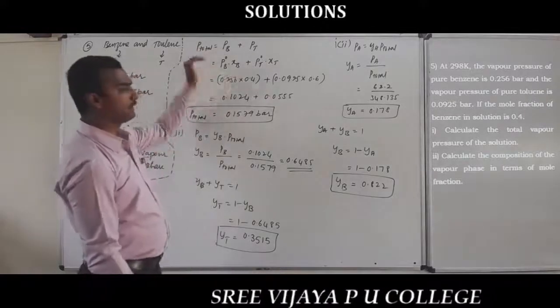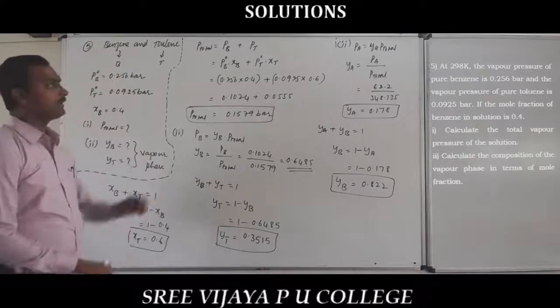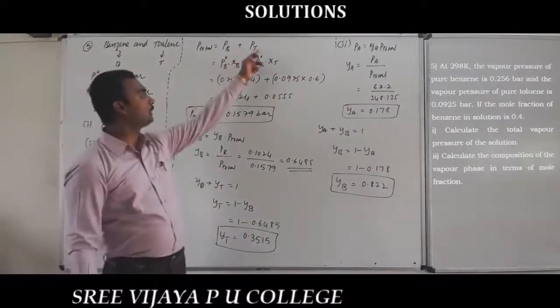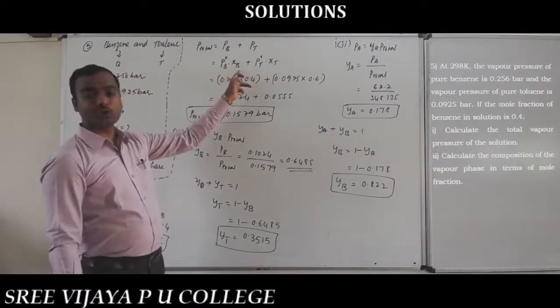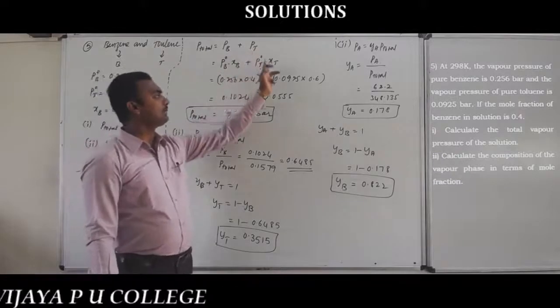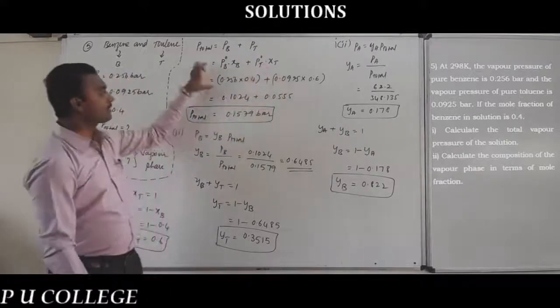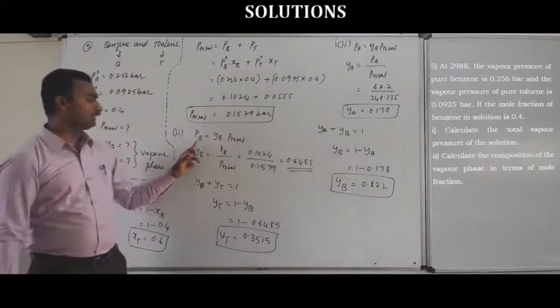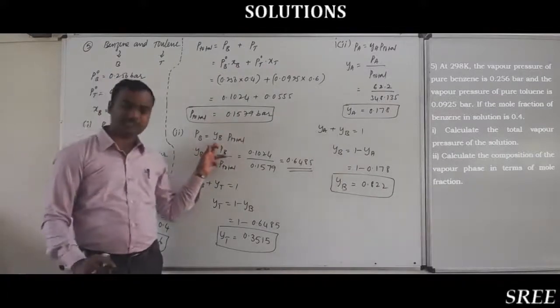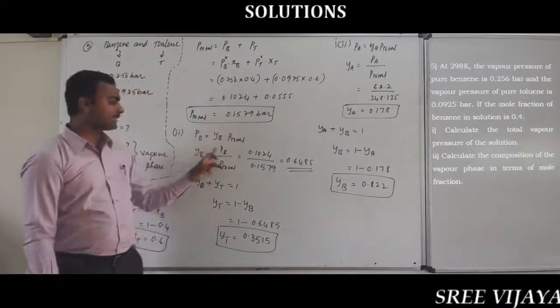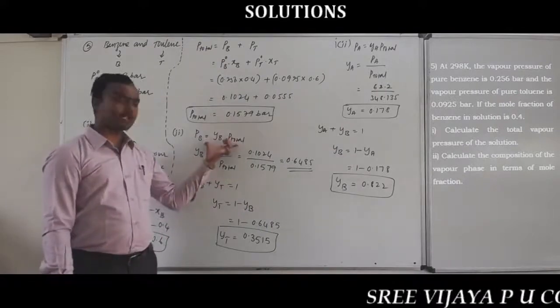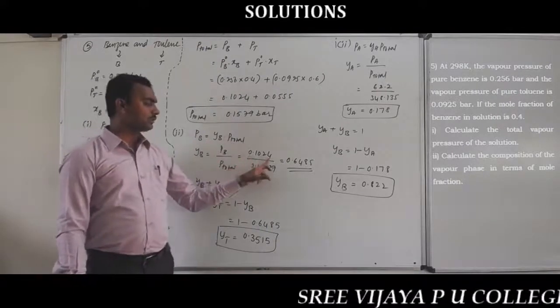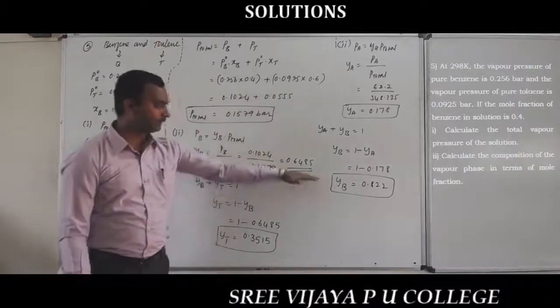So apply the formula P total is equal to PB plus PT. There are two components, benzene and toluene. PB is equal to P naught B into XB according to Raoult's law. PT is equal to P naught T into XT again according to Raoult's law. Substitute the values, so we'll get the P total there. Then we can calculate YB, that is the mole fraction of component B in vapor phase. YB is equal to PB divided by P total. This is according to Dalton's law. 0.1024 divided by 0.1579. Calculate, and you get